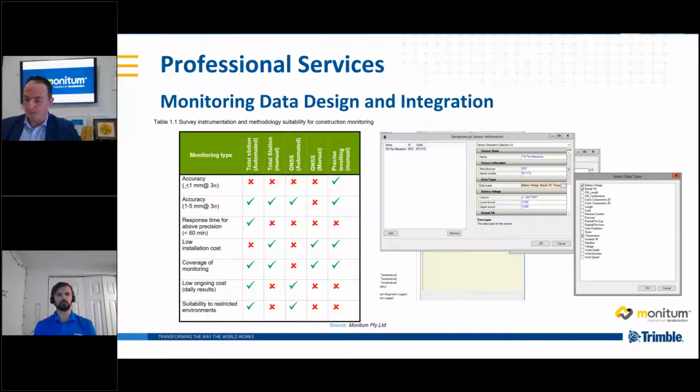So I just want to talk briefly about monitoring design and integration. I'm sure there's some of you out there that have been given similar opportunities to ourselves, and you're probably using T4D to manage a host of different types of data, and that's fantastic. I do want to say that's really, I think, the power of T4D. Yes, it's a great engine to be able to run your total stations and your GNSS processing and all that sort of stuff, and that's